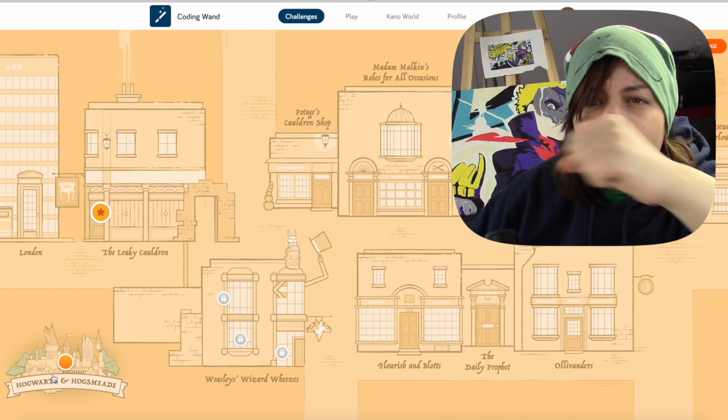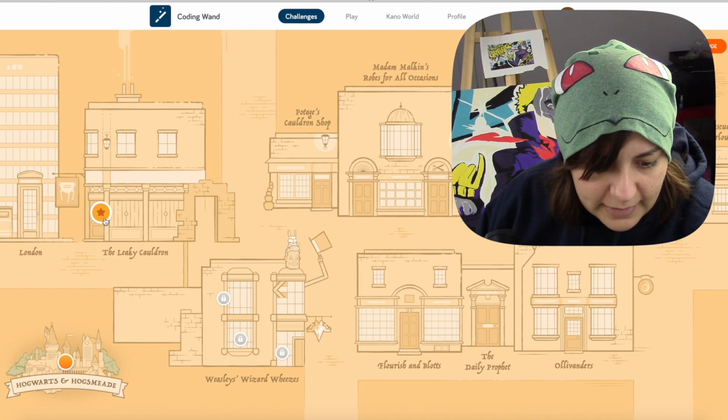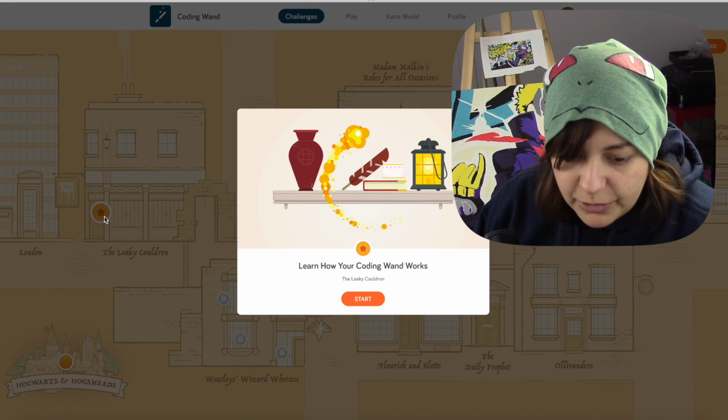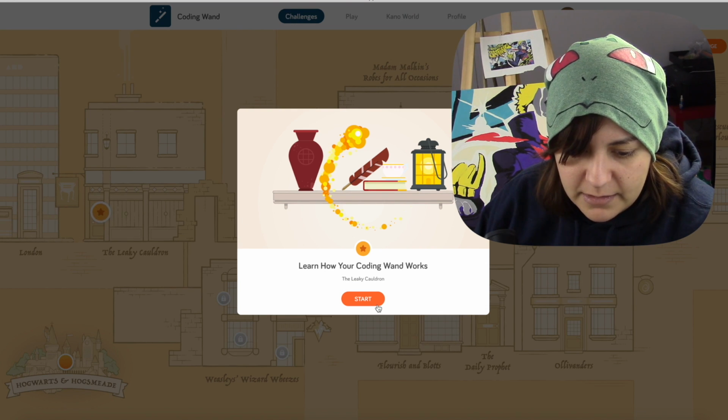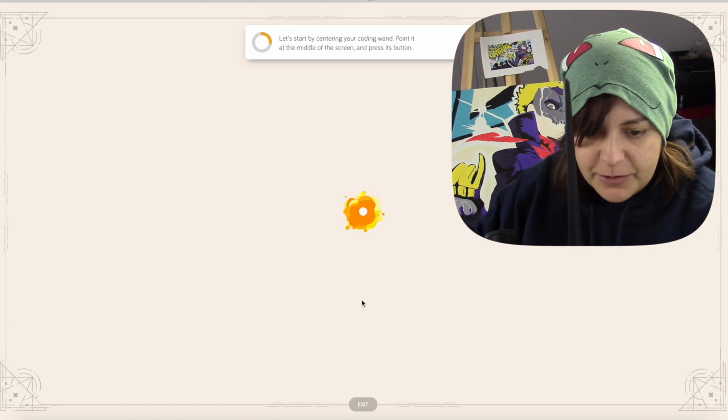Holy wow. I have goosebumps. I feel like a kid right now, and I'm so excited. So let's go ahead and click on the Leaky Cauldron. Learn how your coding wand works. Let us start. Okay, let's start by centering your coding wand. Point it at the middle of the screen, and